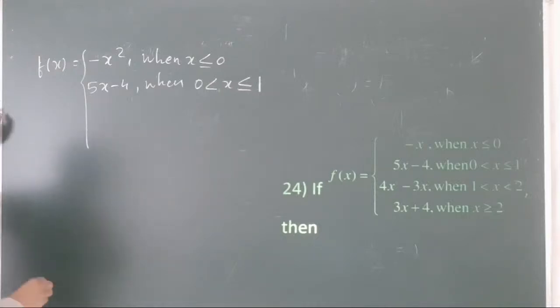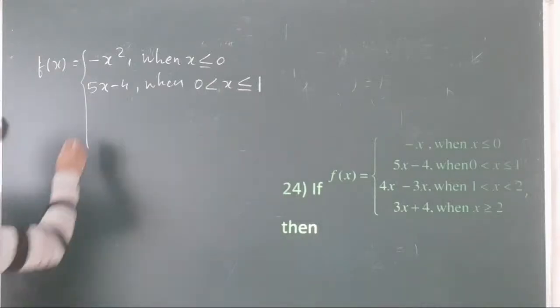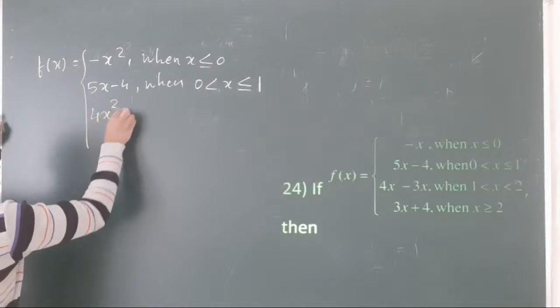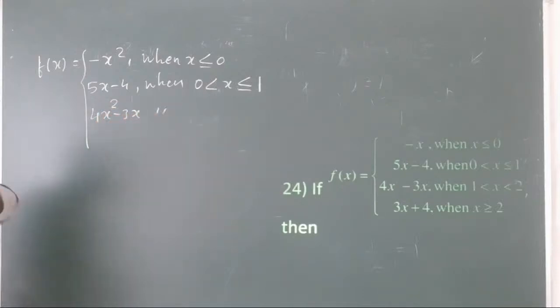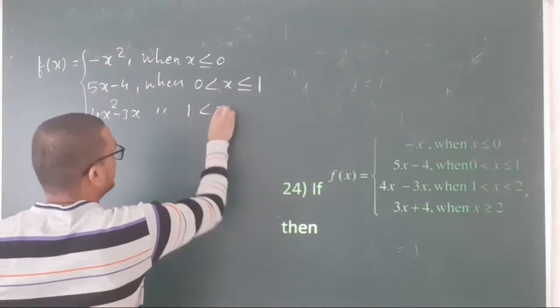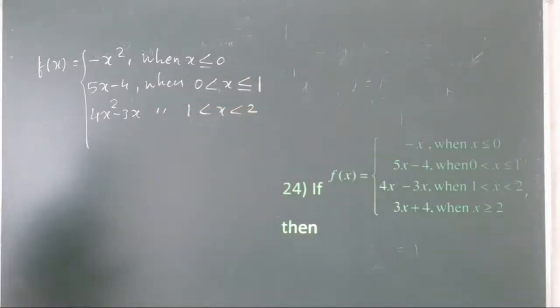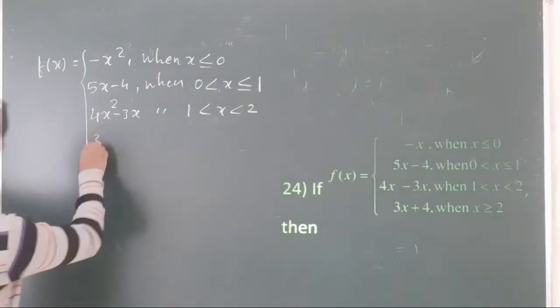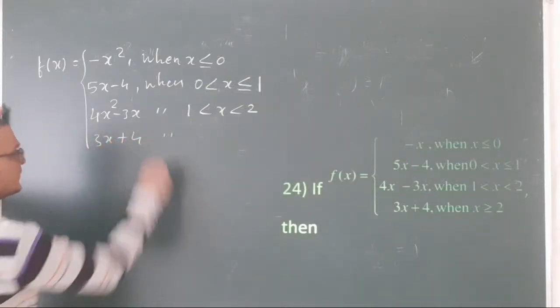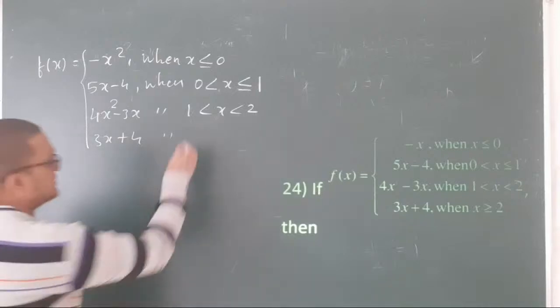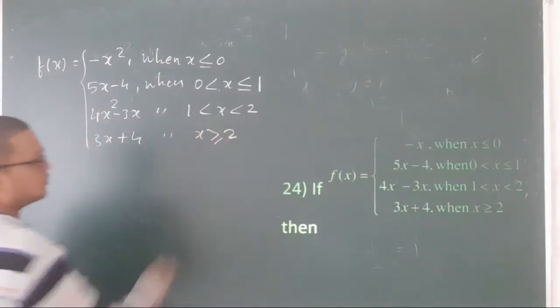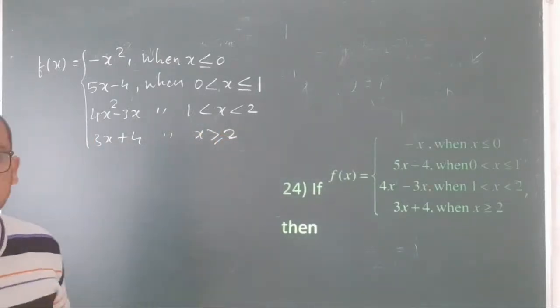Next, 4x square minus 3x when 1 is less than x less than 2, 3x plus 4 when x is greater than or equal to 2, then